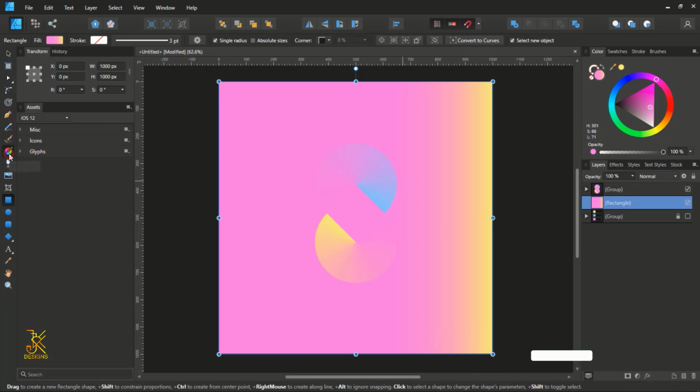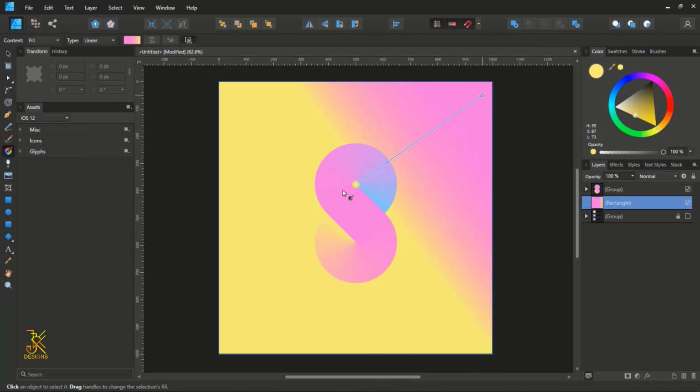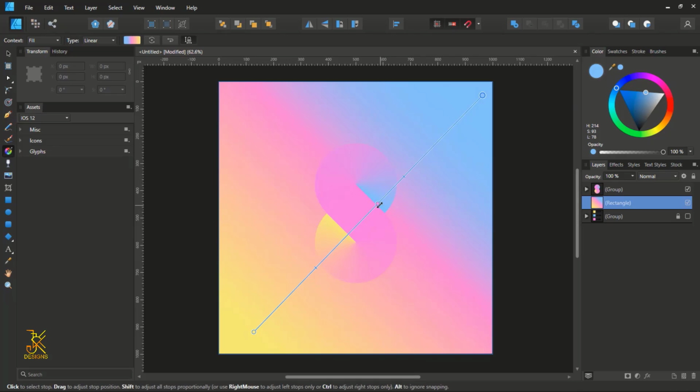So get your gradient tool, draw, make sure that it is diagonal, make sure that the gradient type you have chosen is diagonal. Click anywhere in the middle to add some color in between here. So select this upper point, fill it with this blue that we have here. So grab the picker, select this blue that we are having here, replace it with this pink that we are having in the right upper corner, and then here in the middle we are going to replace it with